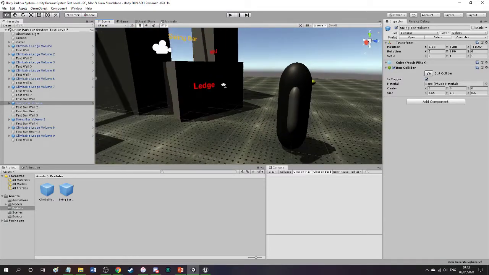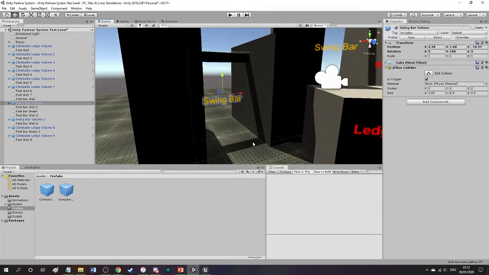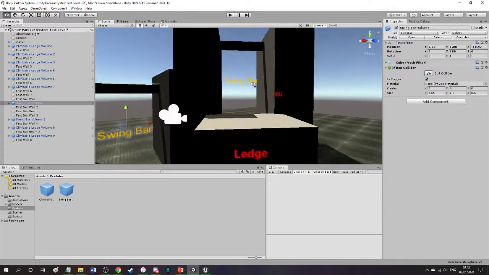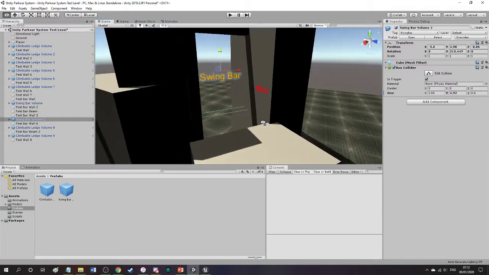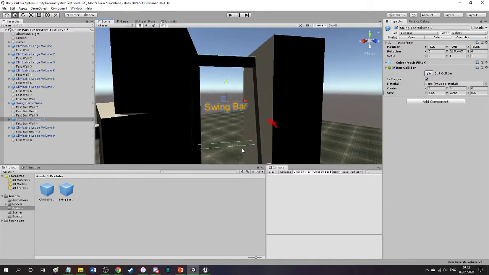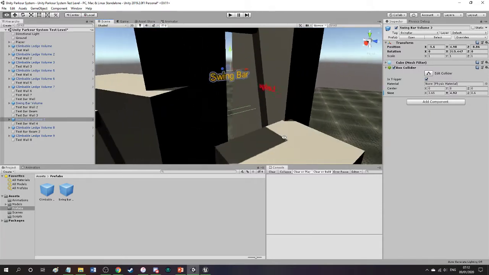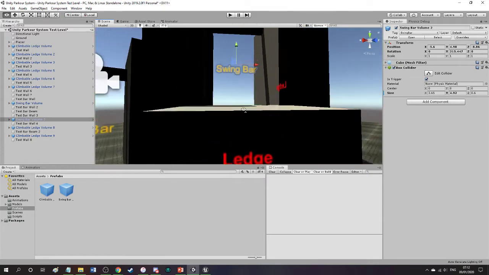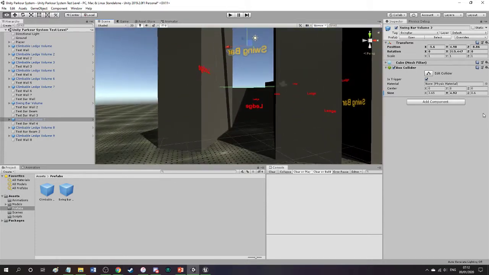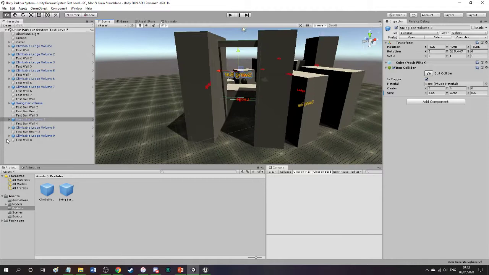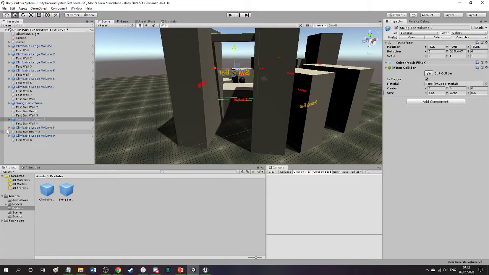So a person can swing on this bar on this floor level. What I showed you earlier was how this bar couldn't be swung from the other side. As you can see, this collider volume only goes down a certain way. So you can, from this height, swing on it, but from the other height, it is too high, and you can't. And developers can use this to control how high you want your players to be able to grab onto bars, and this is all changeable just like any other collider